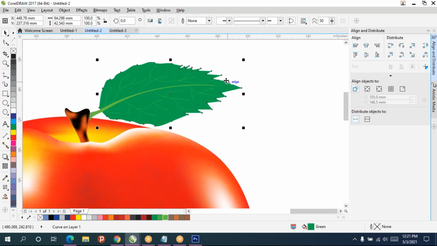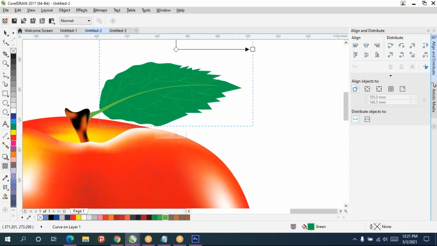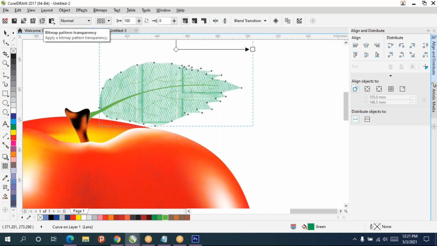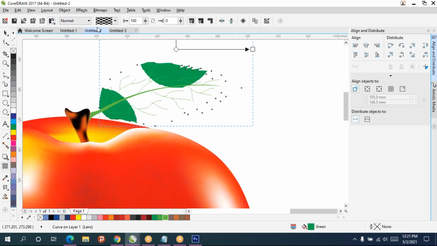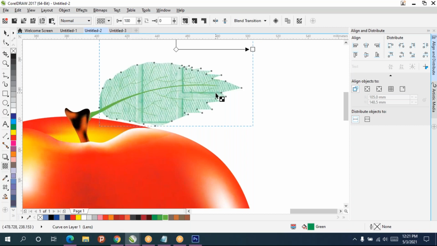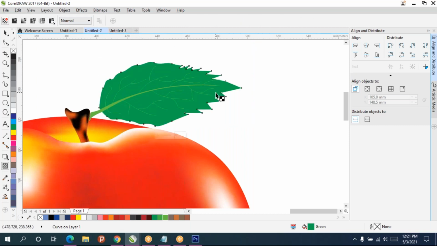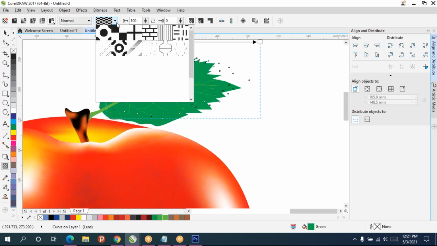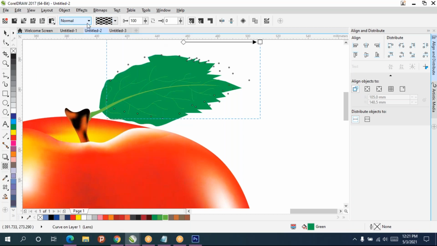For these leaves also you can give rough textures. Before that, duplicate it, and go for some textures.